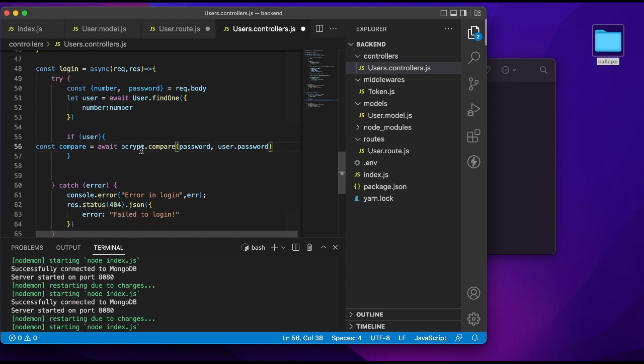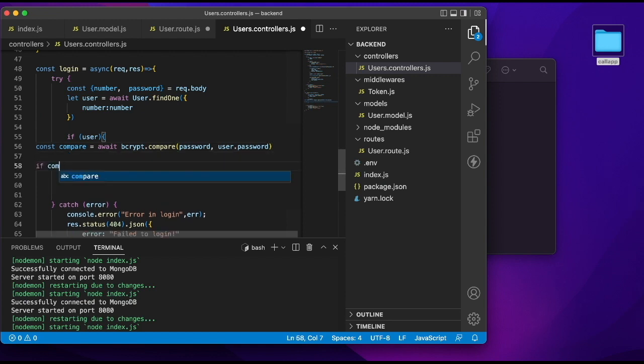So we're checking using the bcrypt.compare that if the password is correct, and if compare is equals to 3 times equal to true, then we're just going to